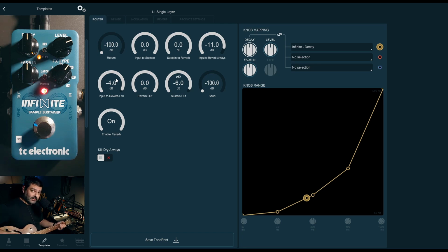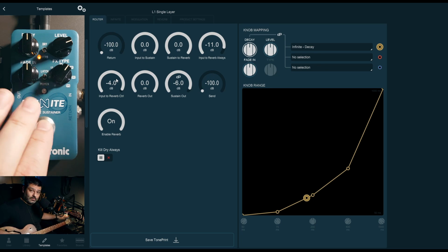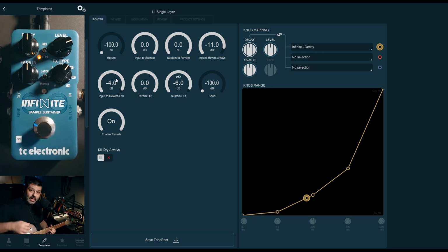Now my guitar is at the back too, with the tail, and comes forward again as I turn off the tail. Okay, so this is how the reverb works. I'm going to turn this one off and leave the other two on, and we're going to jump next to